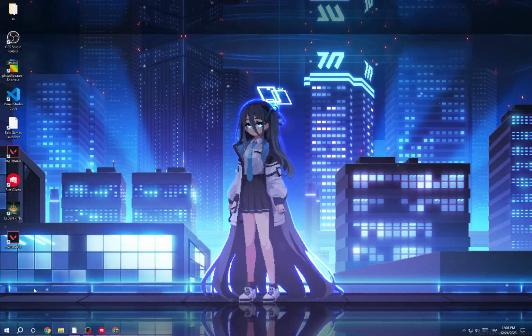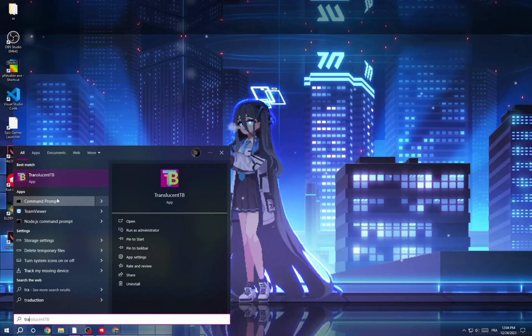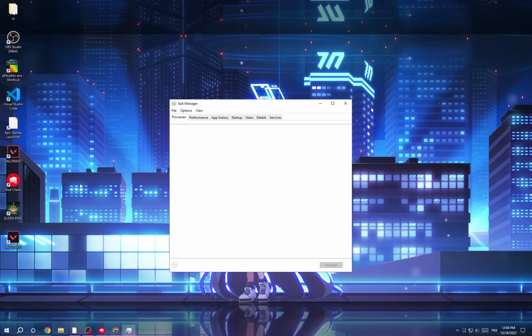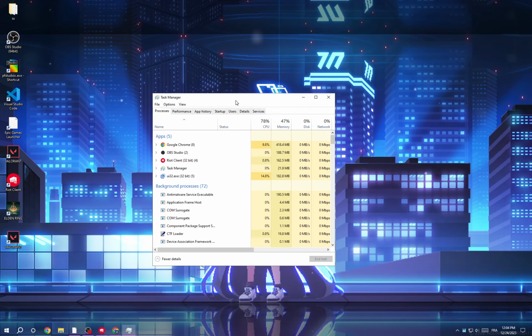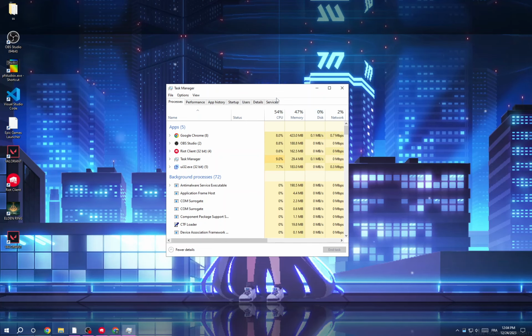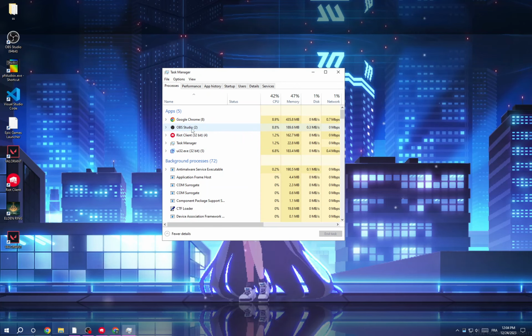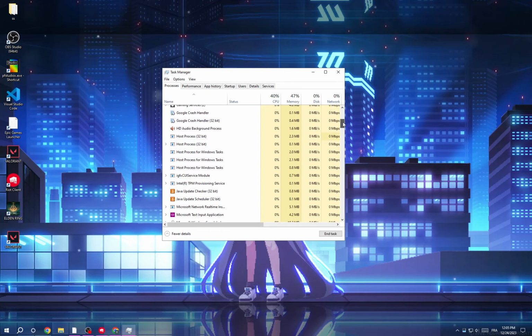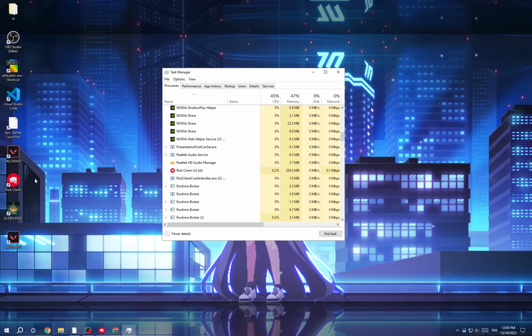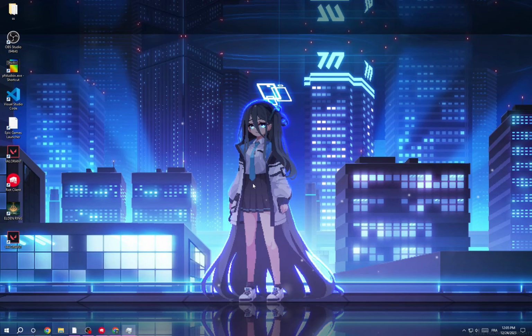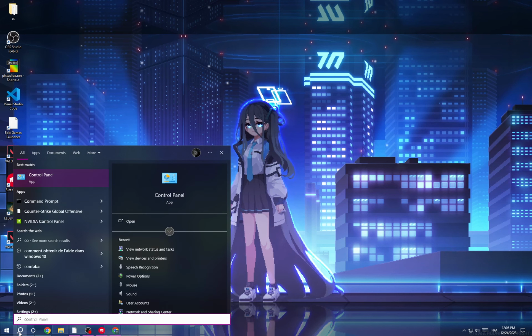First, all you have to do, just click here and go to Task Manager. You have to make sure that there is no Valorant or Riot Games running in your background, so just keep scrolling down until you find it, right click on it and then end task, and keep scrolling down and close all of the tasks that are related to Valorant. And after that, go to Control Panel,